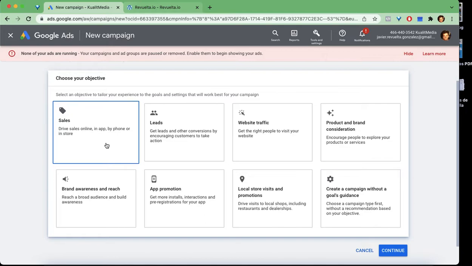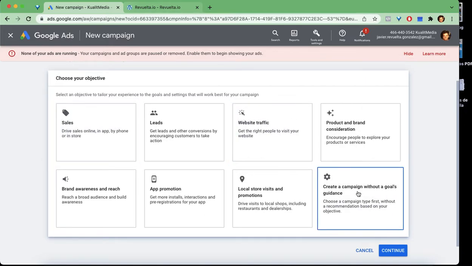If we are talking about other campaigns, maybe we can get website traffic or product and brand consideration. But in this case, I think we are going to create it without goals, because it's easier,